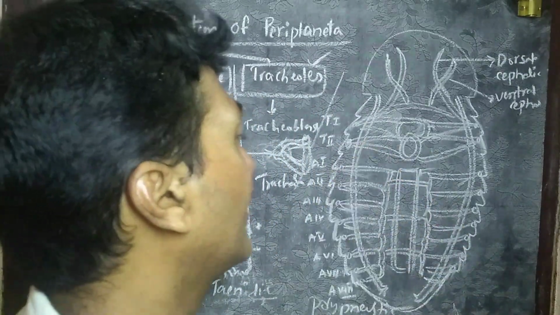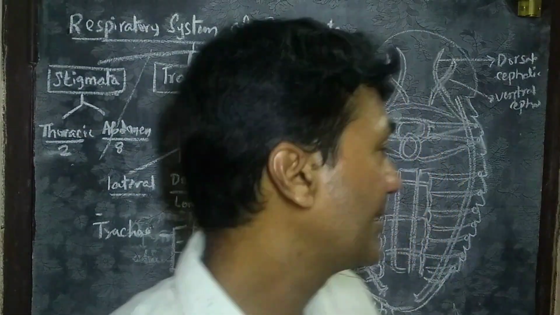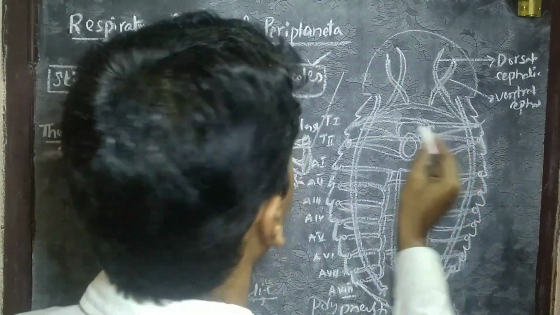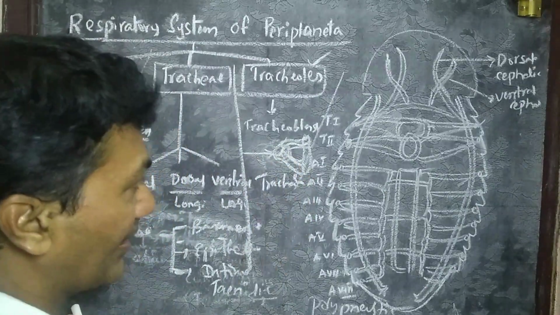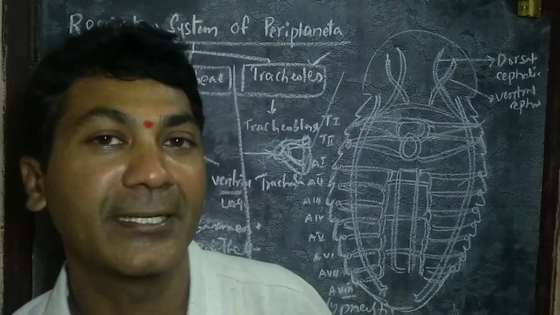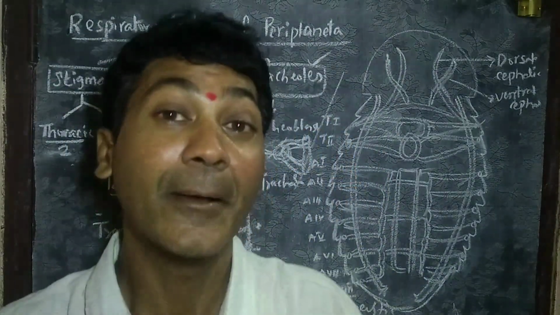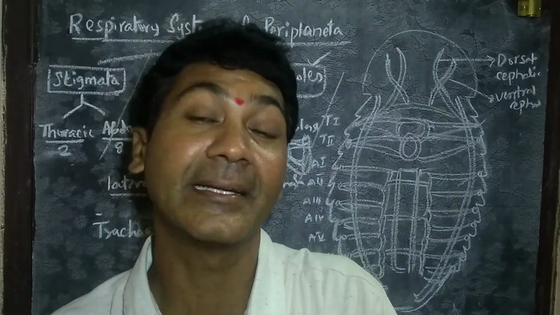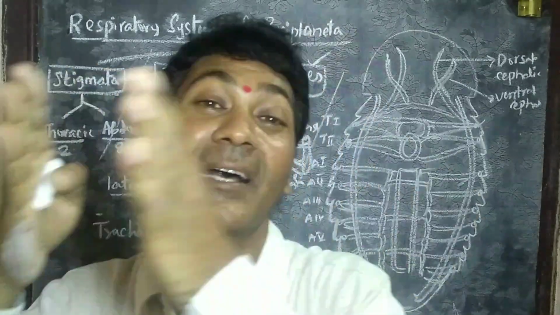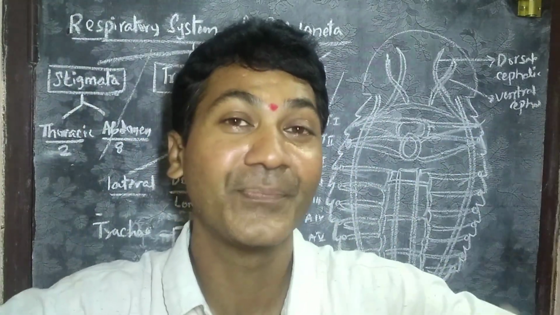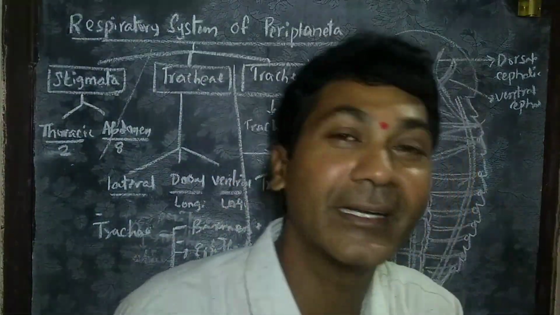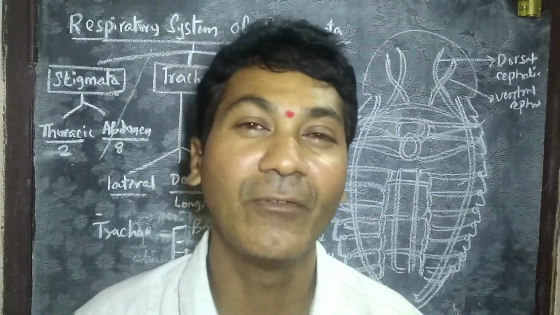Some interesting thing we can see here. The thing is, air, oxygen is entering through the thoracic stigmata, right? After it reaches the cell, oxygen is diffused into the cell. Clear? Due to the concentration gradient, oxygen diffuses into the cell. But carbon dioxide doesn't diffuse into the trachea, but it diffuses into the hemolymph, meaning body lymph. So the thing is, compare with the human phenomenon, what exchange of gases takes place in the alveolar region.